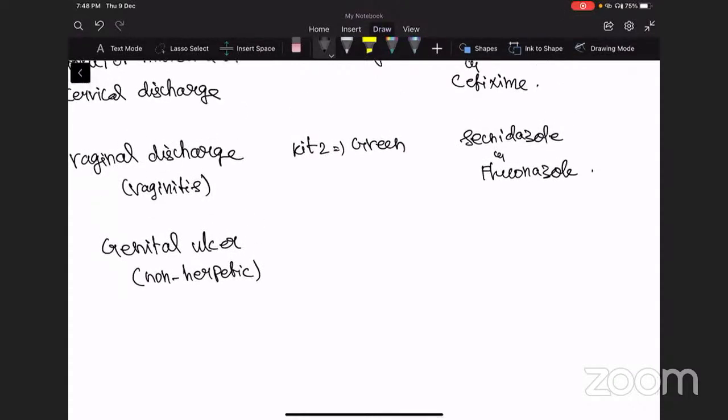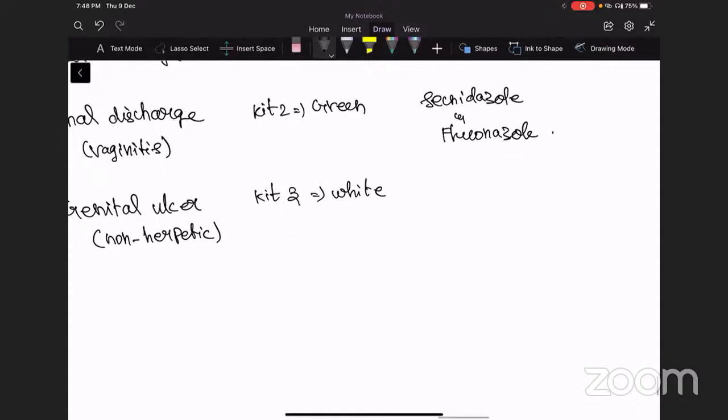Kit 2 is green, already we saw kit 2. Kit 3, what's the color? It is white. And the drugs are correct, Kamal. White is the color for kit 3. Drugs included are azithromycin,